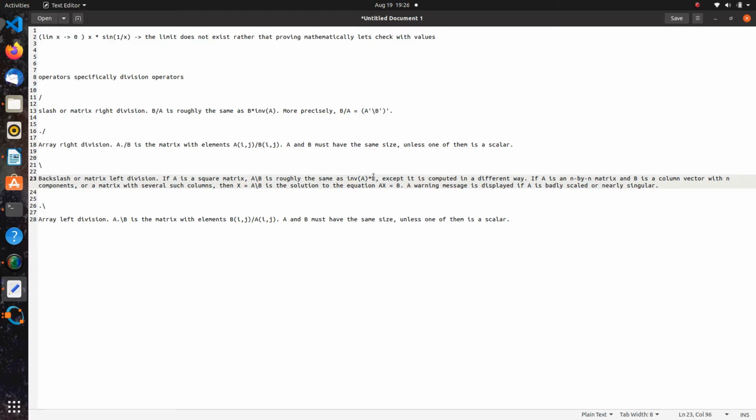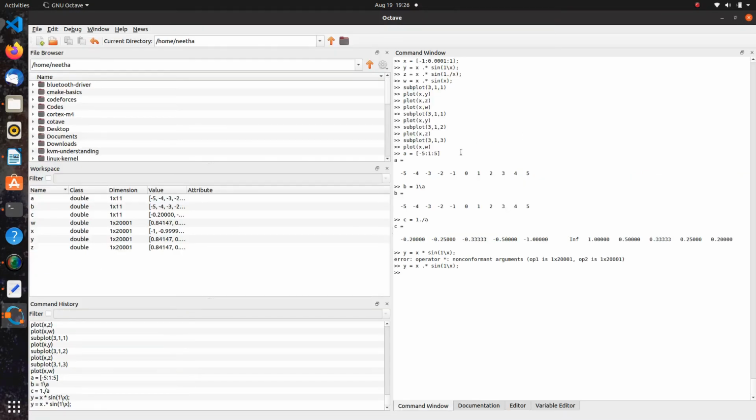So you're getting back B in this case, and in this case it's B star inverse of A. If you do the forward slash, maybe you would have just taken the inverse of A into B. Okay, so this is how things have been working. That is why, if you take another example to show how it works,